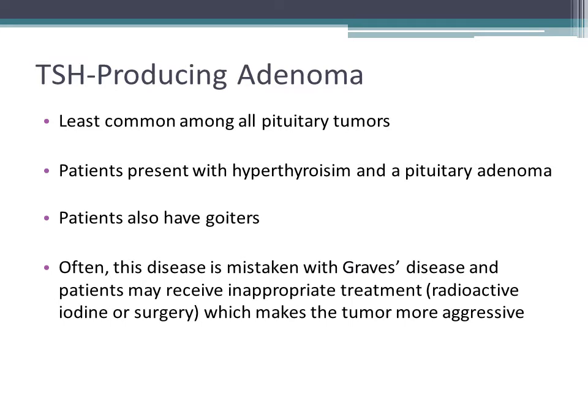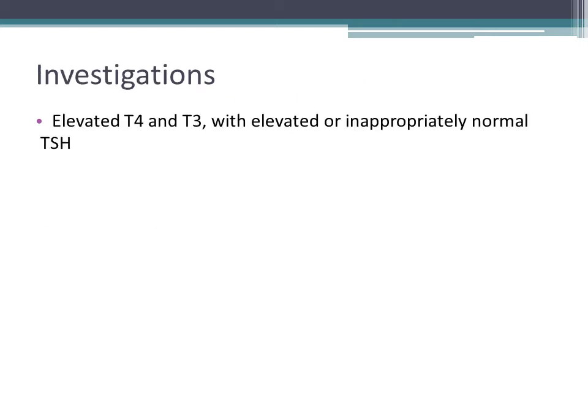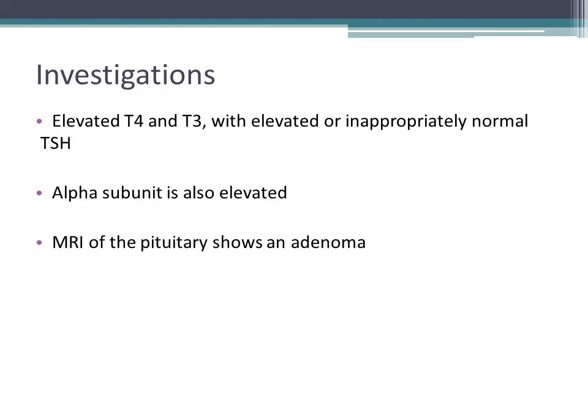It's worth mentioning that often this disease is mistaken for Graves' disease, and the patients may receive inappropriate treatment, including radioactive iodine or surgery to treat the hyperthyroidism, but this unfortunately makes the tumor more aggressive in nature. The pituitary tumor becomes more aggressive in nature. So investigations, again, elevated T4 and T3 with elevated or inappropriately normal TSH. Alpha subunit is also elevated, and MRI is utilized to identify the tumor